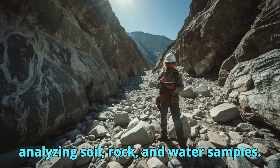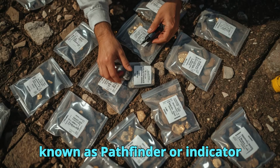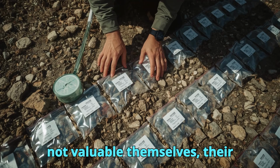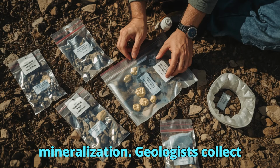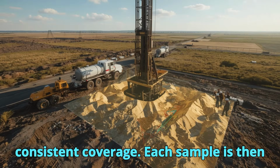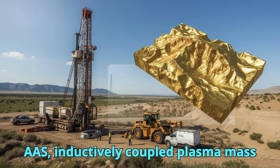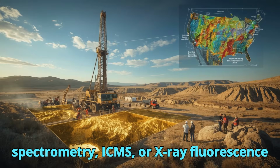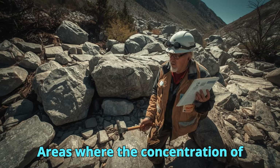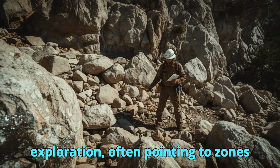Geochemical techniques involve analyzing soil, rock, and water samples for trace elements that are commonly associated with gold. These elements, known as pathfinder or indicator elements, include arsenic, antimony, tellurium, and bismuth. While they are not valuable themselves, their concentration often correlates with gold mineralization. Geologists collect samples systematically, creating grids across the exploration area to ensure consistent coverage. Each sample is then analyzed in a laboratory using methods such as atomic absorption spectroscopy, AAS, inductively coupled plasma mass spectrometry, ICP-MS, or X-ray fluorescence, XRF. The resulting geochemical data is plotted on maps, highlighting anomalies, areas where the concentration of indicator elements is unusually high. These anomalies guide the next phase of exploration, often pointing to zones where gold may be concentrated in veins or